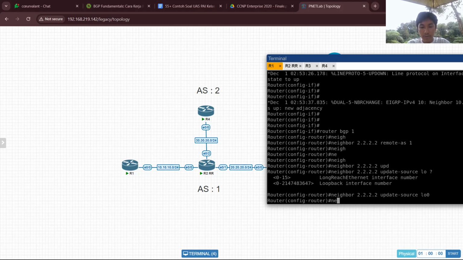So after that, we advertise this network to the BGP. And then mask.